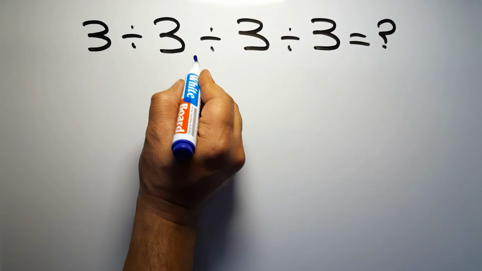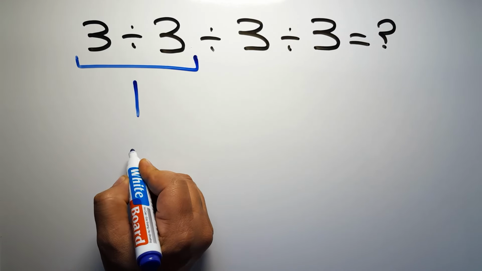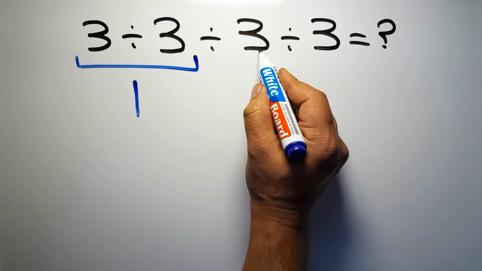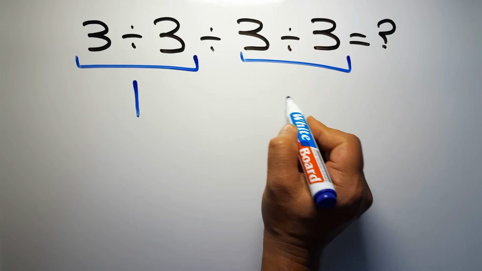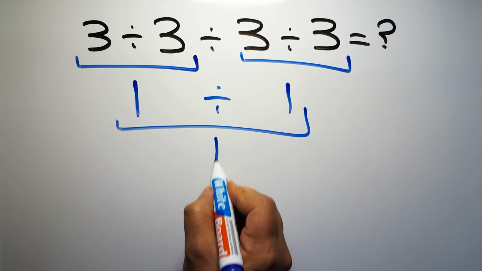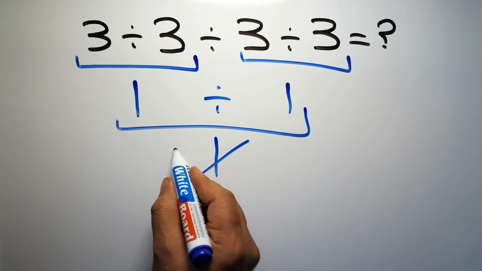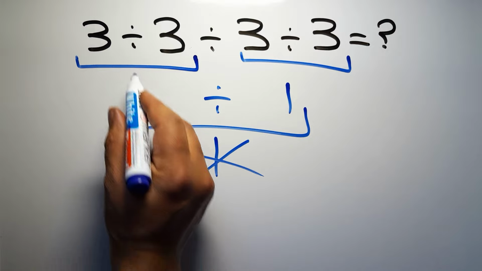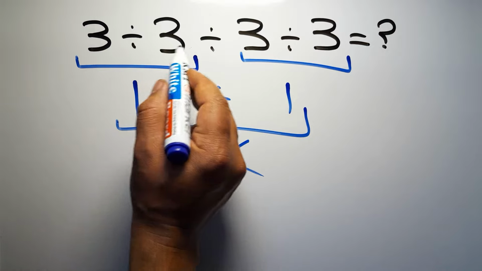3 divided by 3 equals 1. And again here we have 3 divided by 3. So 1 divided by 1, which equals 1. But this answer is not correct, because according to the order of operations, when we have more than one division